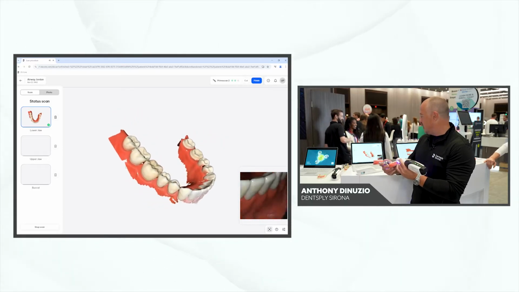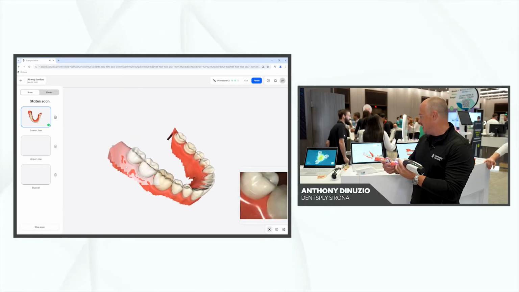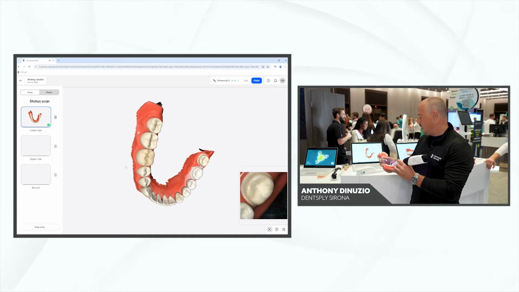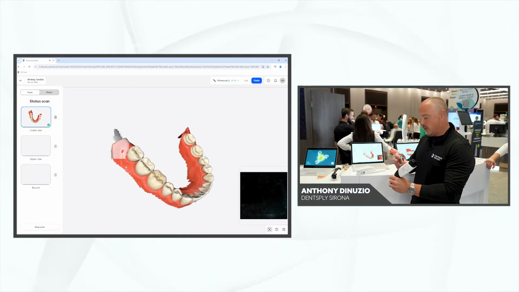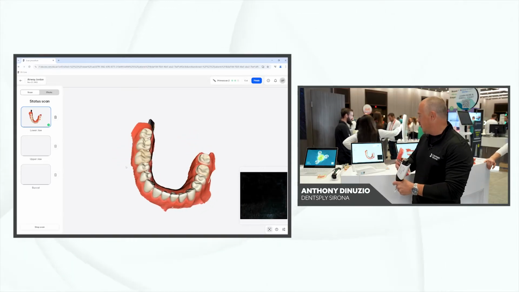Primescan 2 is built on the same patented technology as Primescan, so we still have the same accuracy, the ease of use, the precision that we had with Primescan in a new direct-to-cloud format. So all we do is simply scan the patient, make sure we have a complete scan of the upper, lower,